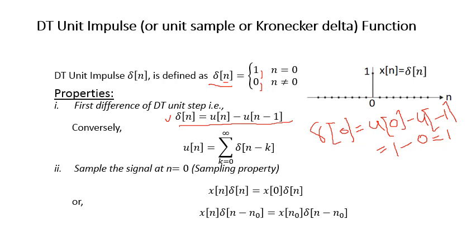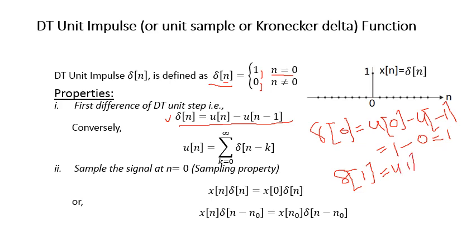Also by definition you know that the impulse will be equal to 1 when n equals 0. Now what will be the value when n is equal to 1? So impulse of 1 should be equal to 0. Why? Because its value is 1 only when its argument is 0. In this case its argument is 1. When the argument is 1, its value should be 0. So let's put here, I have replaced n with 1, so u of n means u of 1,